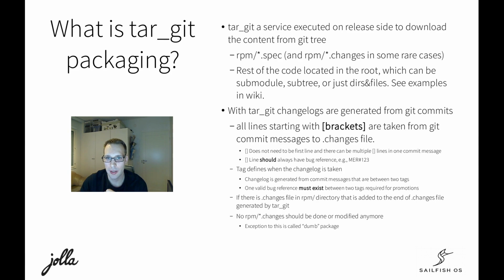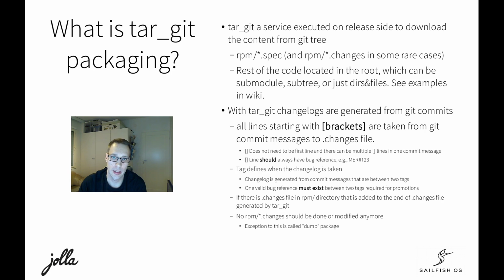The brackets don't need to be on the first line. There should always be one line in a commit to make the changelog reflect what has been changed. And there should always be a bug reference if you are doing changes. However, the only must on the bug reference is that there must be a bug reference between